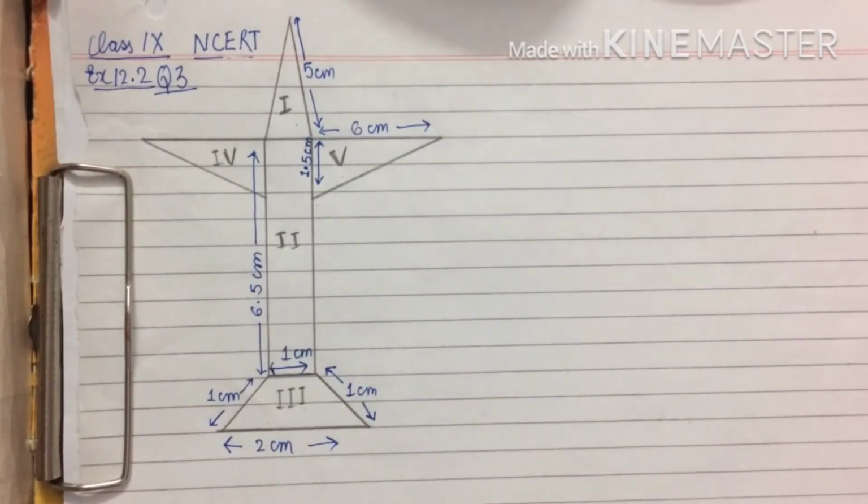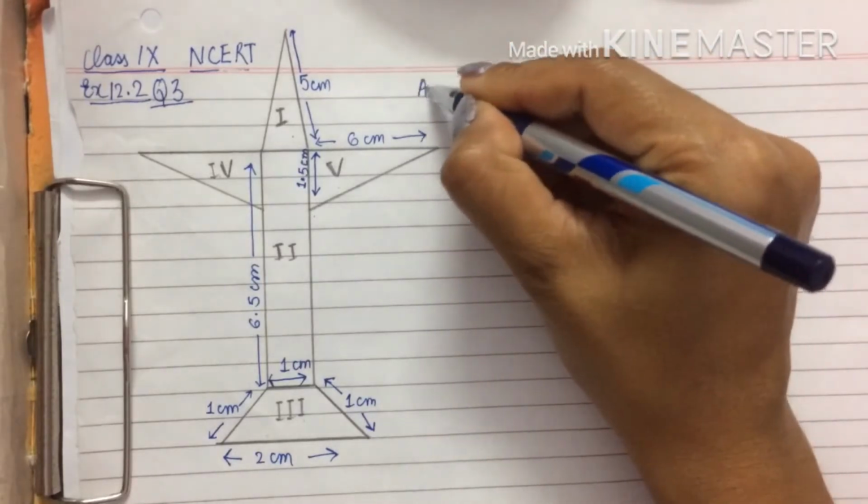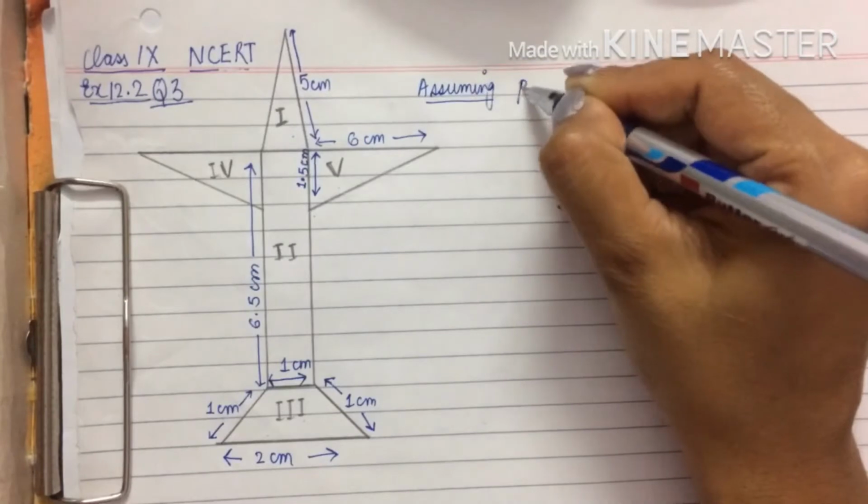You have to find out the total area of paper used, and for the same, what we are going to do, we will identify each of these shapes and apply the suitable formula to find out their areas, and finally we will add up the areas to find out the total area of paper used. Now there's one thing you want to keep in mind. Assuming that the picture is symmetrical,